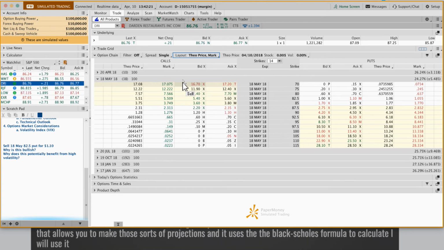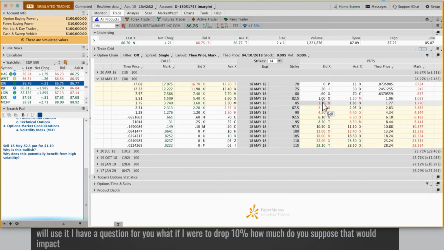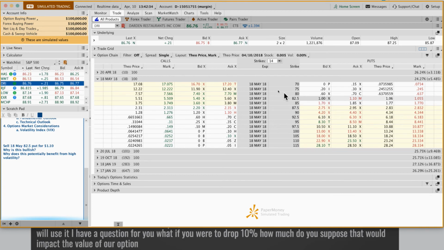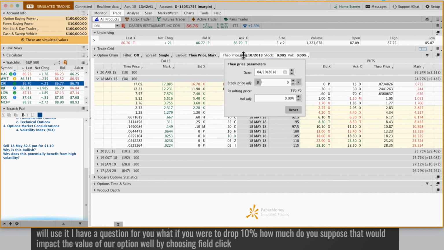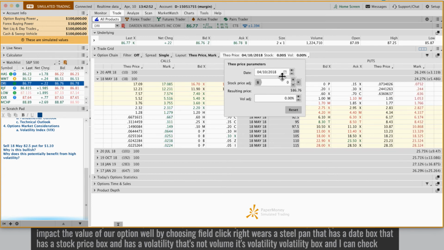Yep. I have a question for you. What if volatility were to drop 10%? How much do you suppose that would impact the value of our option? Well, by choosing Theoprice, you'll notice right over here, I can click right where it says Theoprice. It has a date box, it has a stock price box, and it has a volatility box. That's not volume, it's volatility. And I can change these different